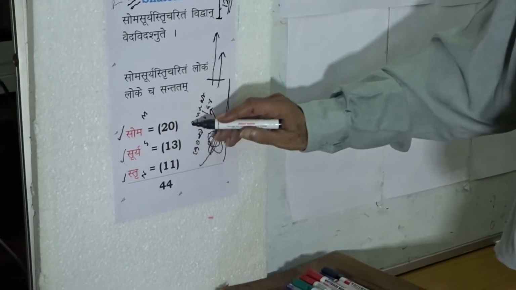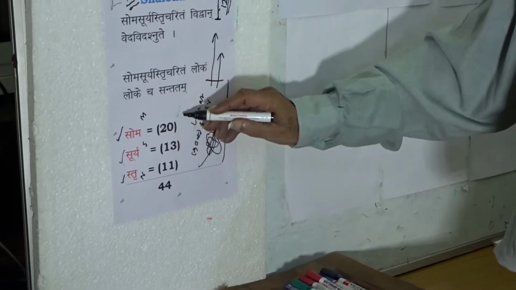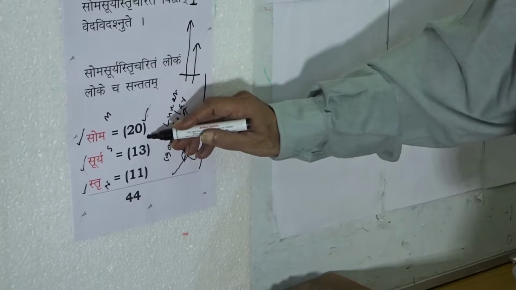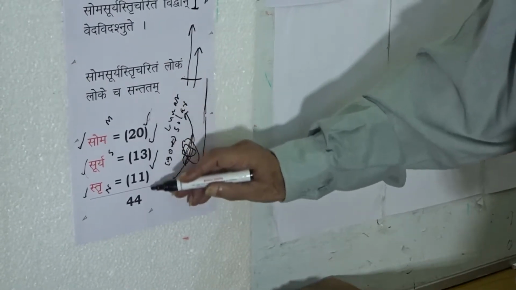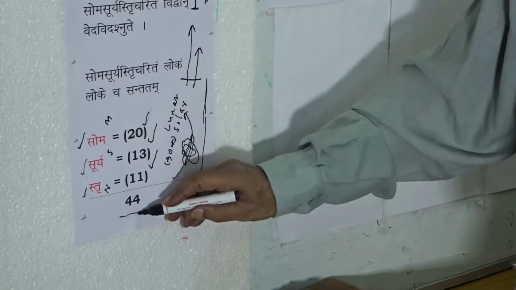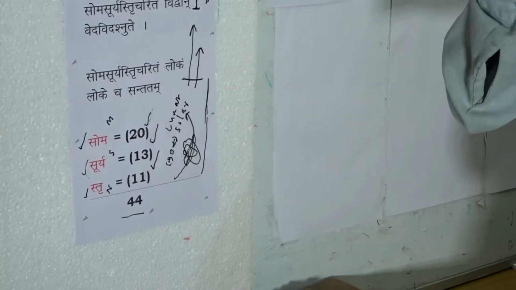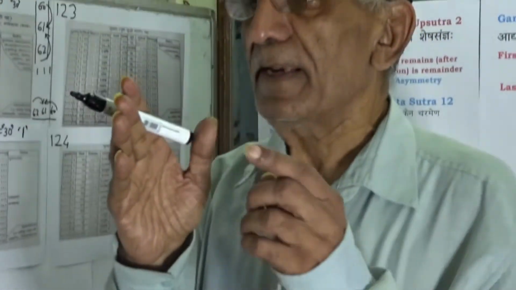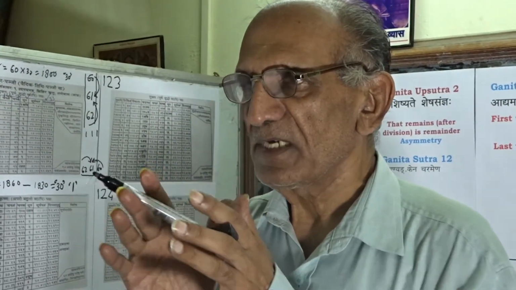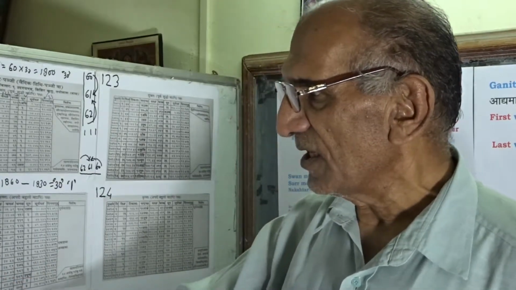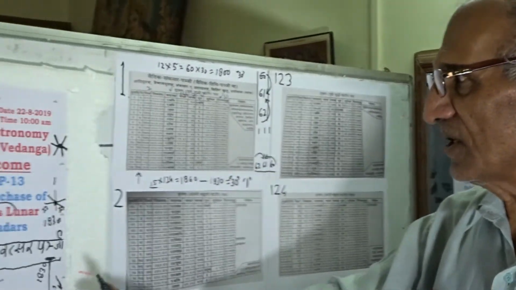Som is taking us to TC value 20, Surya takes us to TC value 13, and Nakshatra takes us to TC value 11. It leads to summation value 44. It is the blissful reach. One can have a pause and permit the transcending mind to be face to face with this achievement, that the